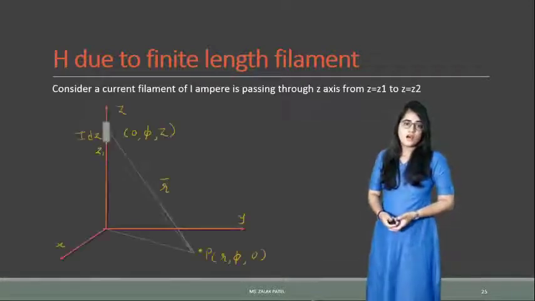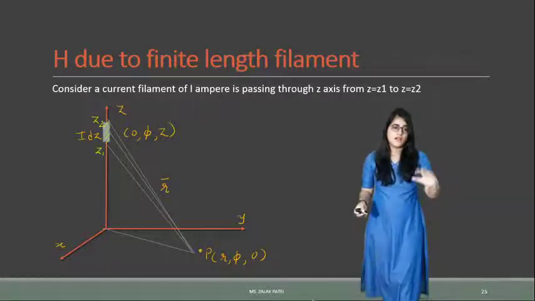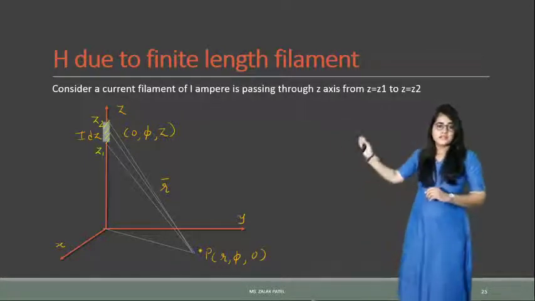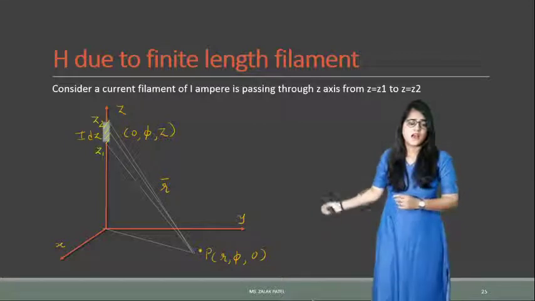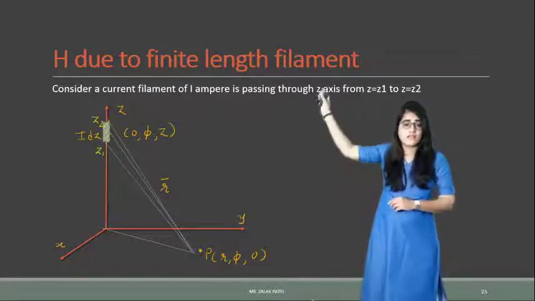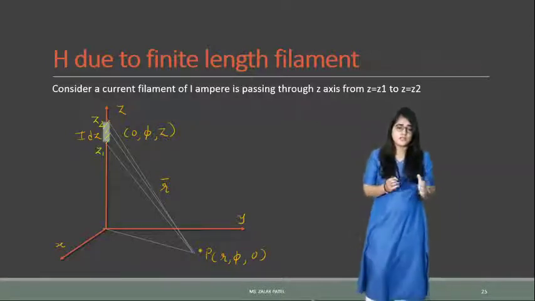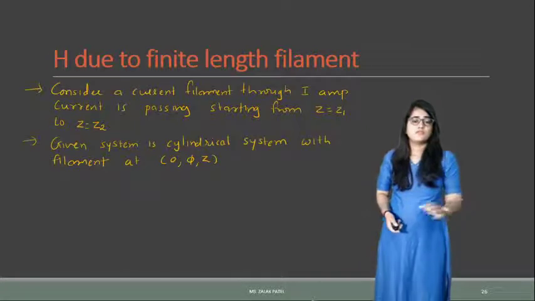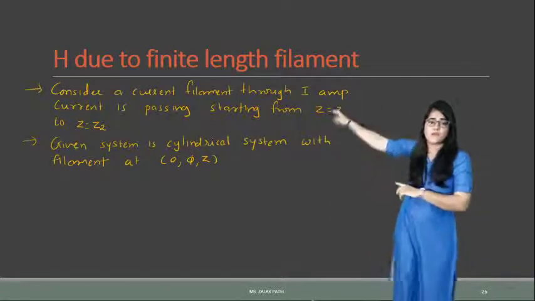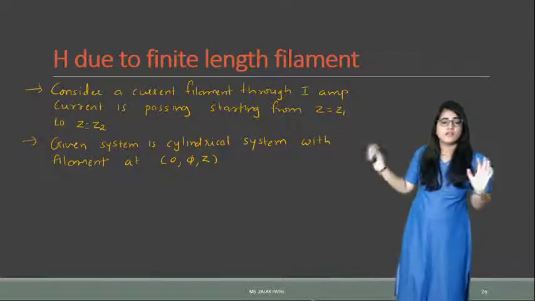So this is how we can do the same way as we have done for the last case, that z1 and z2 are there, I dz is there. Again the same locations are there, r at 0 where the magnetic field intensity is, and z is the filament where the charge is located. All the equations are same. If you see here, only this part changes, z equal to z1 to z equal to z2.